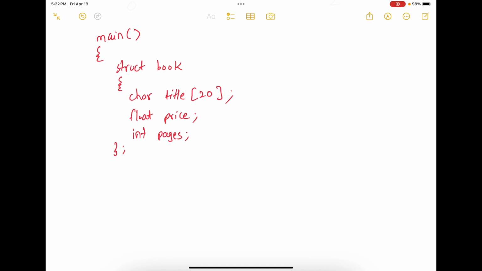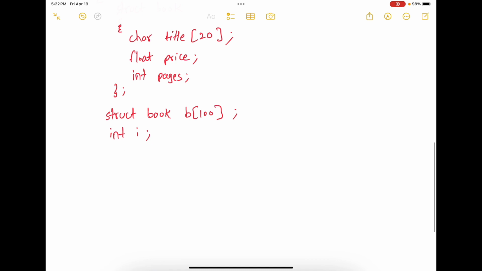Now here I'm going to say struct book B of 100. So we are storing data for 100 books. Int I, and then I'm going to write a loop which says for I equals 0, I less than or equal to 99, I plus plus,